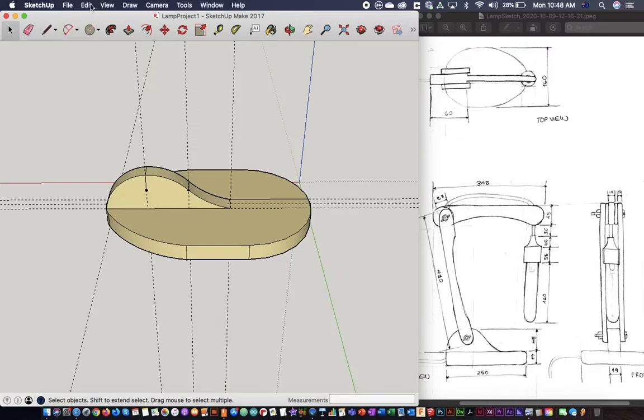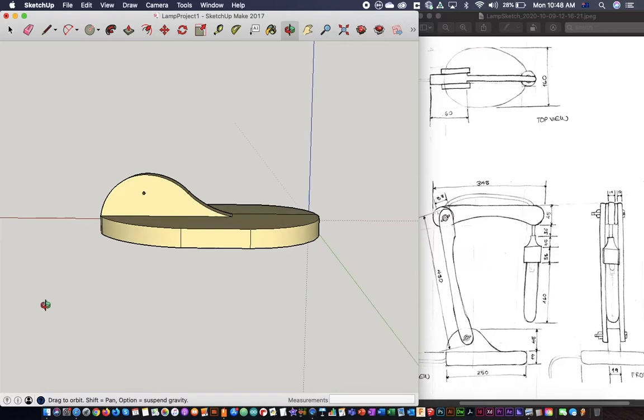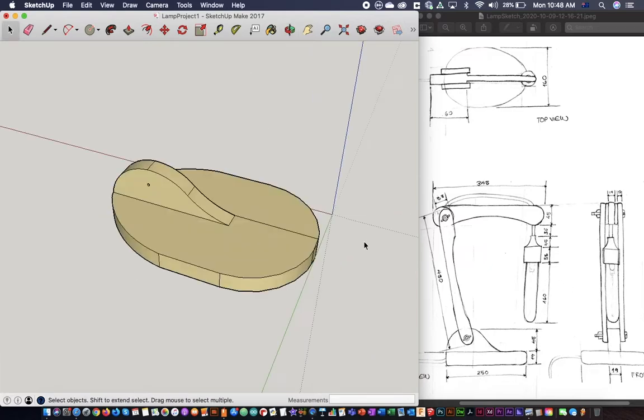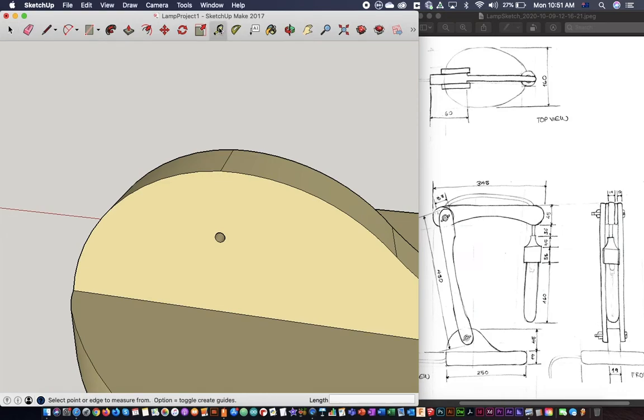For the next piece, I'm going to go to edit and delete all the guides. I'm going to start with the neck. So I'm going to actually start my drawing from here. That neck is going to go about 15 mil away from the base. In order to create the neck, I'm going to click on the center of this component of this perforation, and I'm going to go down 16.5,